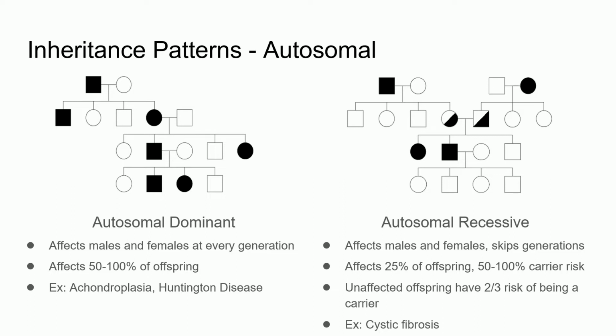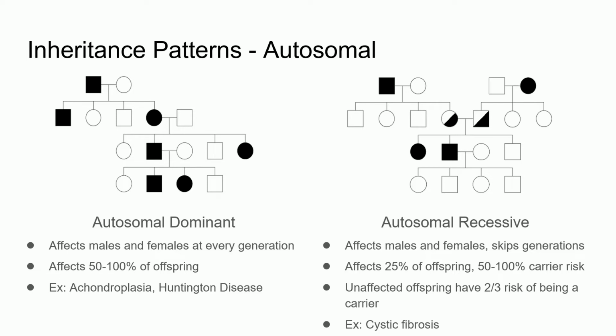Autosomal recessive traits will also affect men and women equally and can skip generations. Often, there is only a single generation affected, and we may not know that the parents were carriers. If both parents are carriers, then there is a 25% risk of an offspring being affected, and a 50% chance of having an offspring being a carrier.